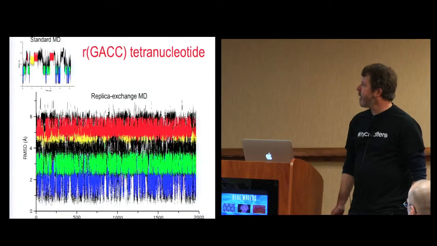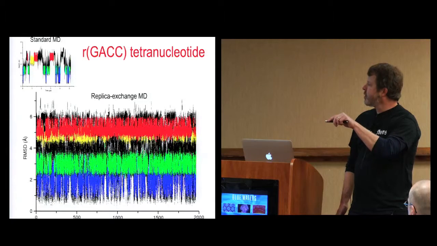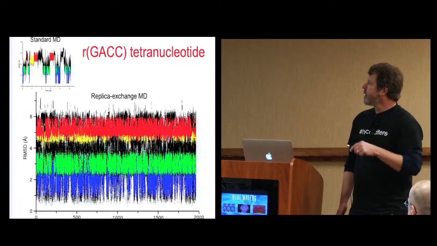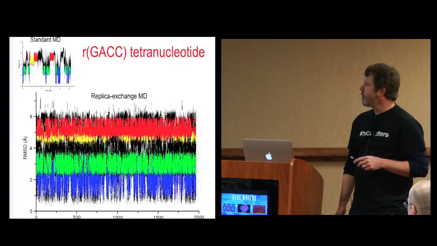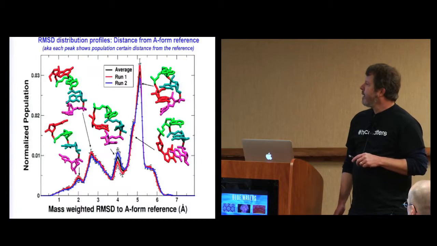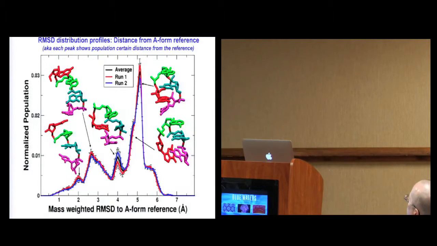and that allows us to use lots of GPUs but also sample the space much more efficiently. And now with the replica-exchange, you can get this sampling in just 2 microseconds per replica. This was originally with something like 30 replicas. Now, with multidimensional replica-exchange, it's up to 192 replicas. And we can get a distribution plot that shows the percentage of conformations a particular distance from some